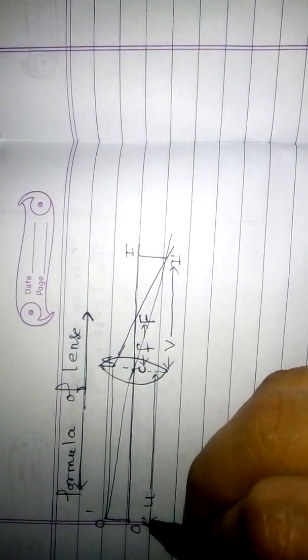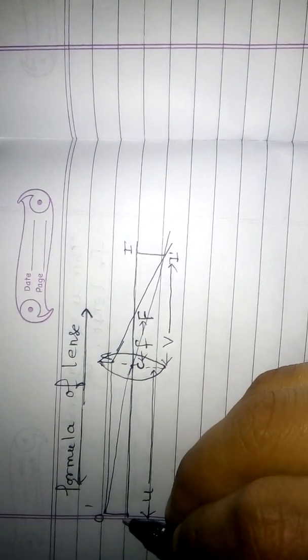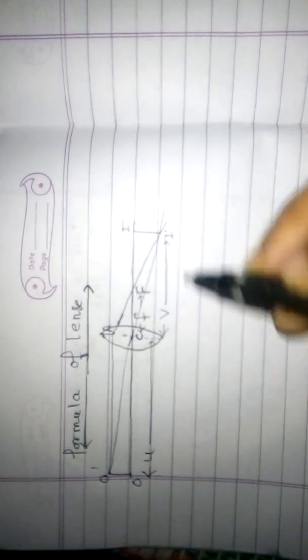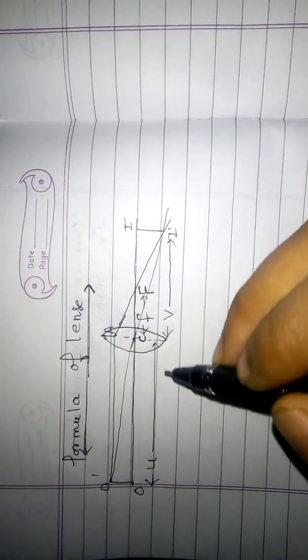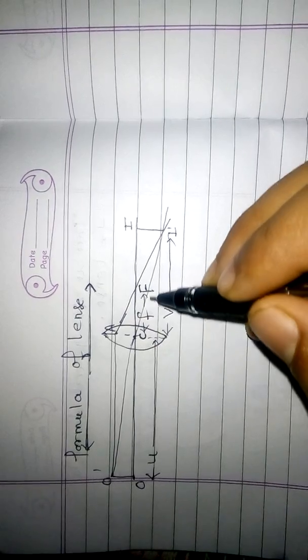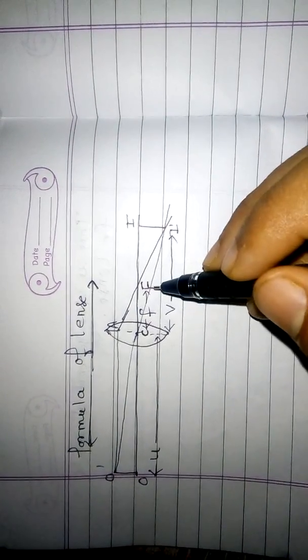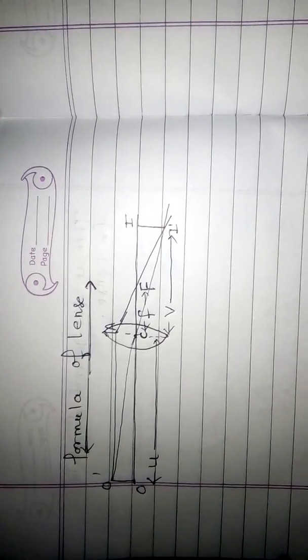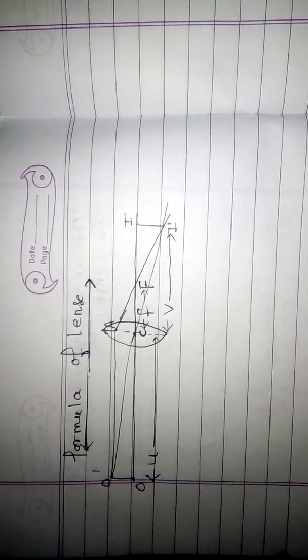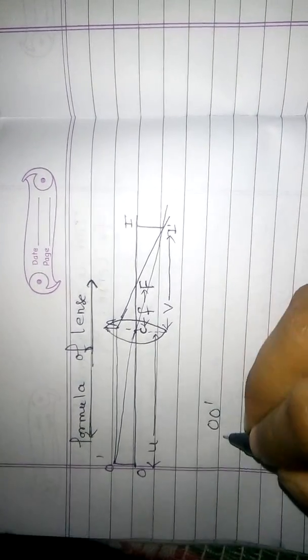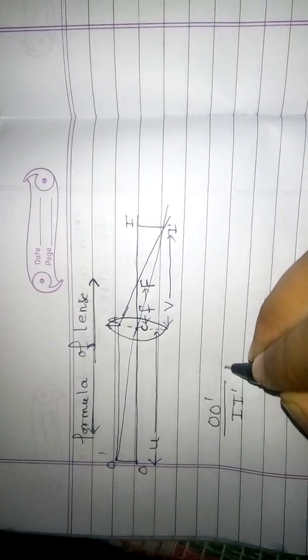Now there are two pairs of similar triangles forming. First one is OCO dash and ICI dash. Second one is ACF and I dash IF. So first of all we take the first pair of similar triangles. OO dash upon II dash is equal to